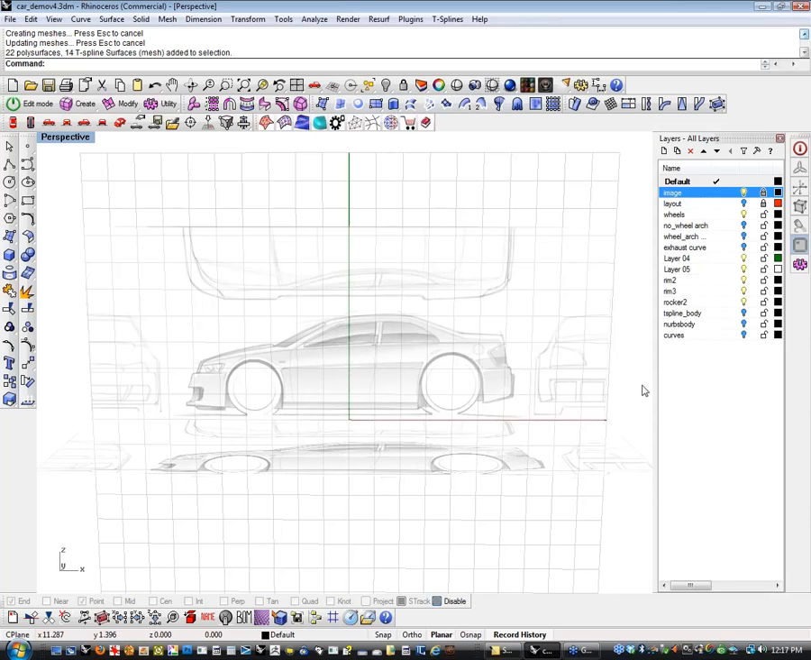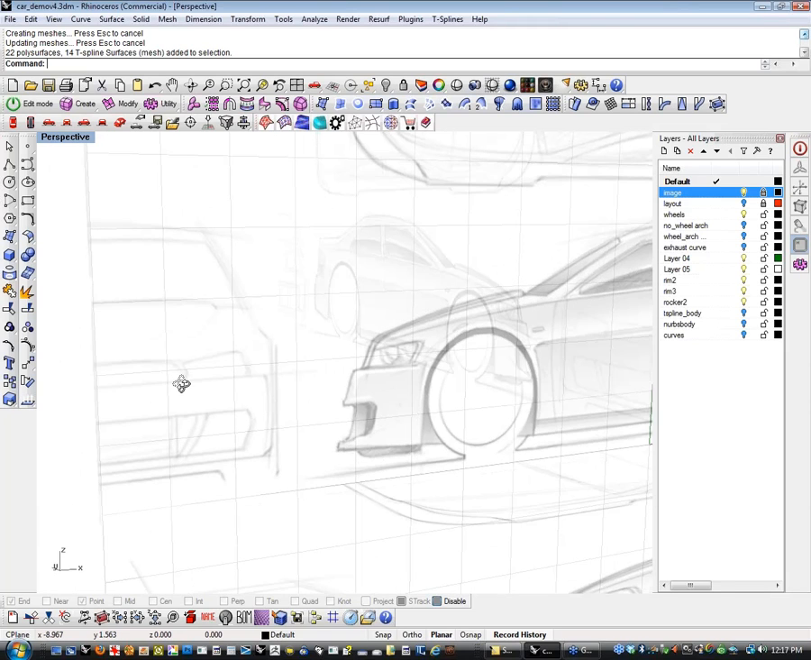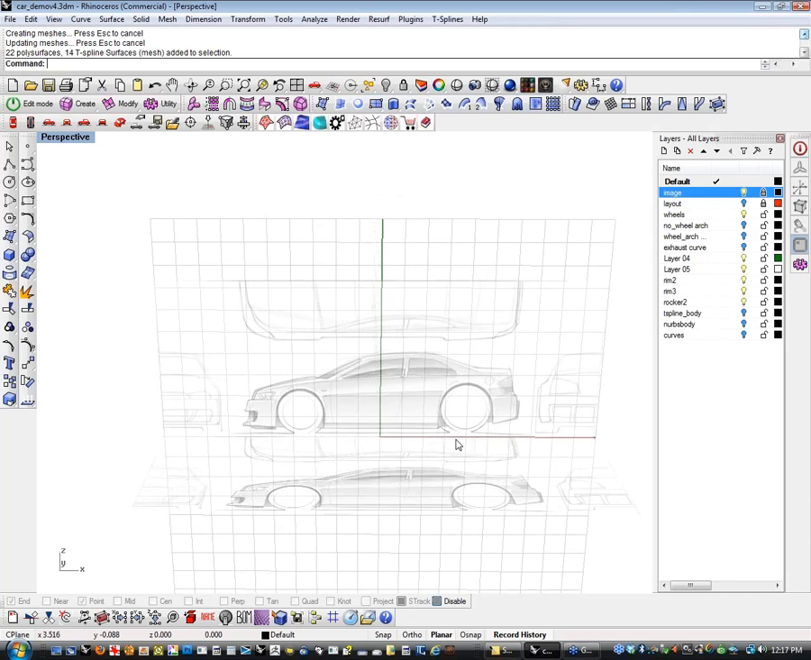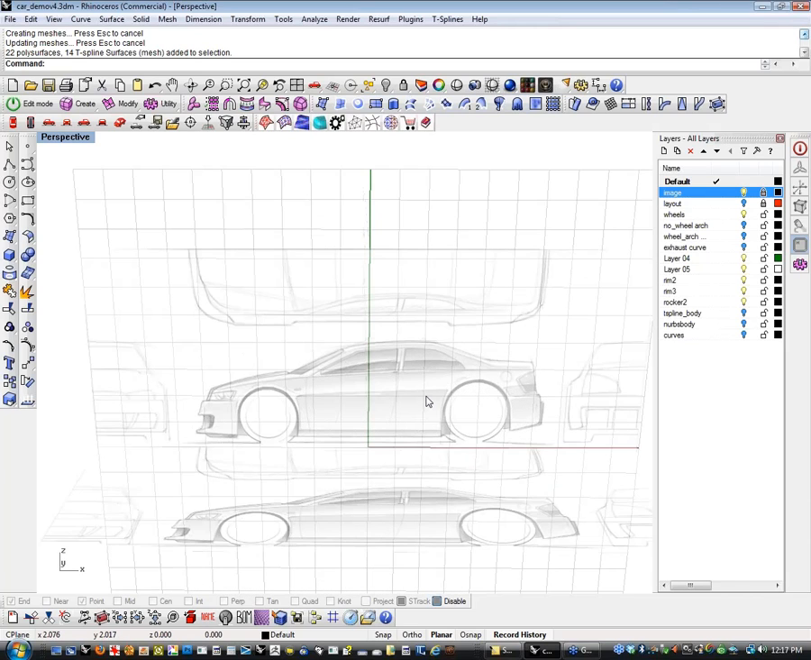But you'll notice that in my front view and in my top view and in my rear view, I'm leaving a lot of these details really, really loose and really, really open. And one of the things that I find with T-Splines, and I find this almost every project I sit down with,